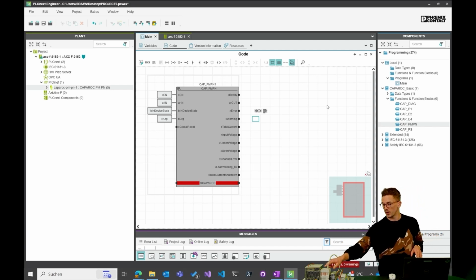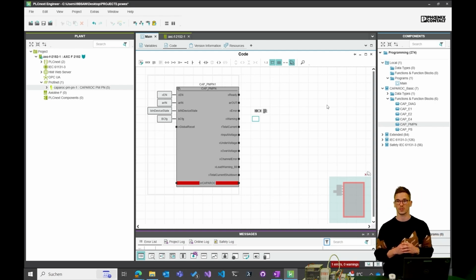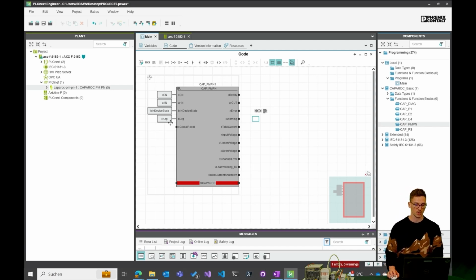You have physical buttons here on the devices where you can enable and disable the channels, and you can also do it later from the visualization. And because you don't always want to be able to do that, you can enable and disable it, according to whatever is needed. And that is done here over the first bit of the config byte.